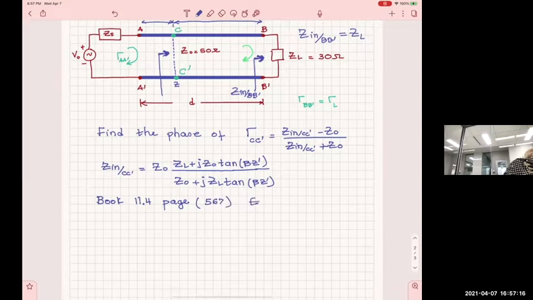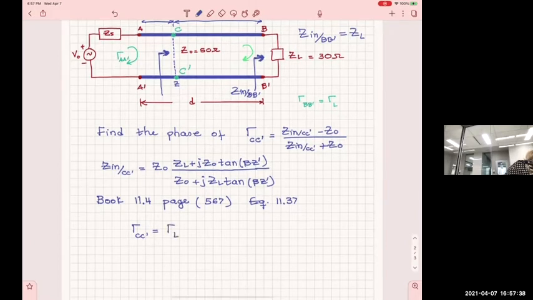Practically it is equation 11.37. There, you're going to find the following important relationship: gamma at CC prime is equal to gamma at L, or BB prime. So let's say the gamma at the load, times